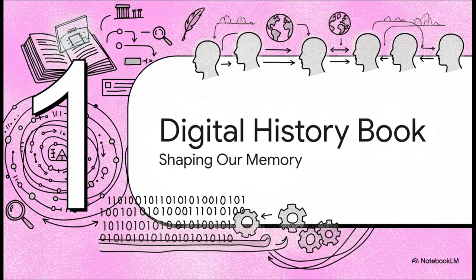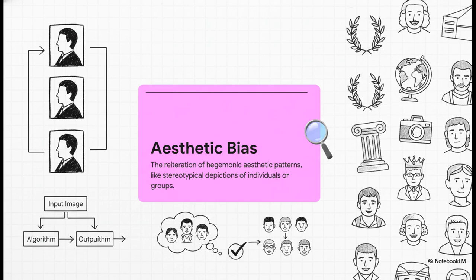It's absolutely crucial. Now, the key idea we're going to be talking about is something called aesthetic bias. It sounds a little technical, I know, but the concept is actually pretty simple. It's basically when an algorithm gets stuck in a rut. It finds a certain look or a certain type of image for a topic, and it just shows that style over and over again. And in doing that, it accidentally creates this kind of digital stereotype, pushing all the other parts of the story out of sight.